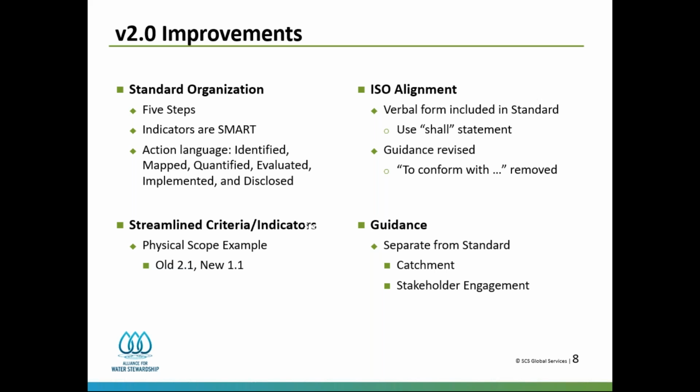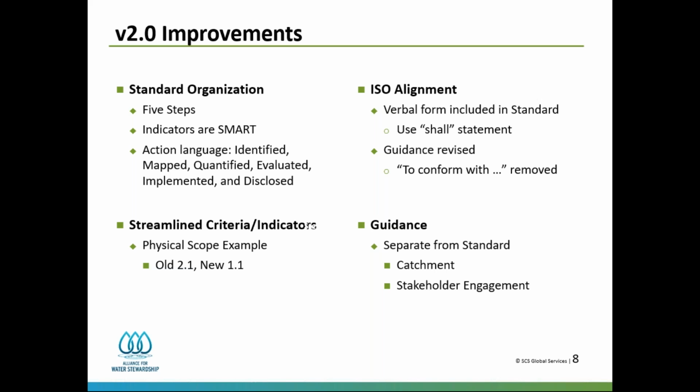And throughout the standard at this point, icons have been developed for AWS outcomes, and they're identified throughout the standard with criteria and indicators. One thing I might want to go back and mention is really how we got to version 2.0. And just so you understand, it has been a 2-year review process to get to version 2. There have been a lot of revisions. It's been overseen by the AWS Technical Committee, and there have been multiple stakeholder consultation calls presenting and discussing different